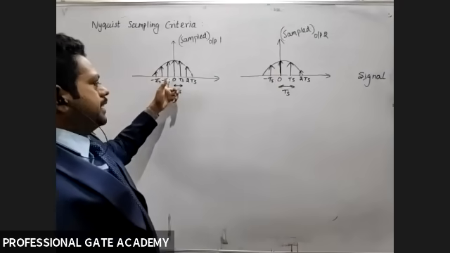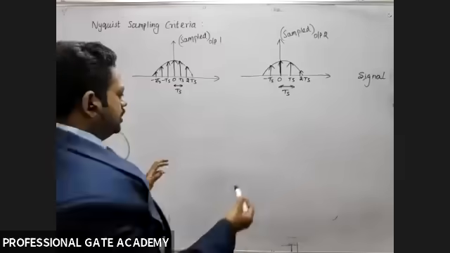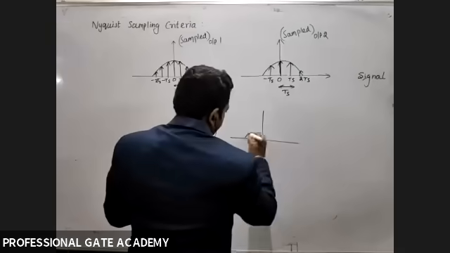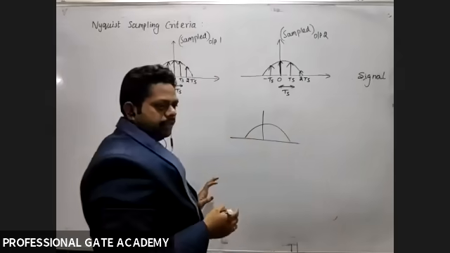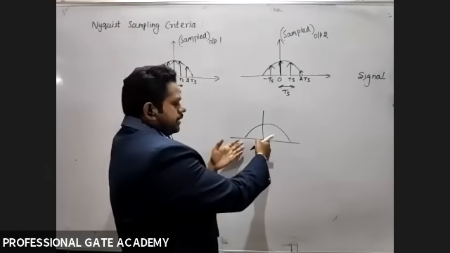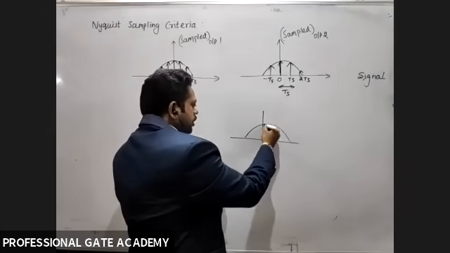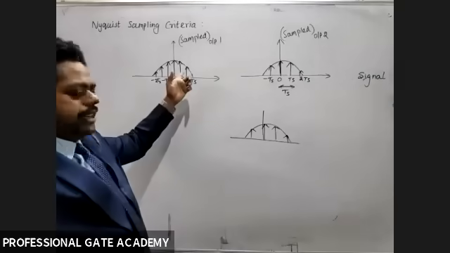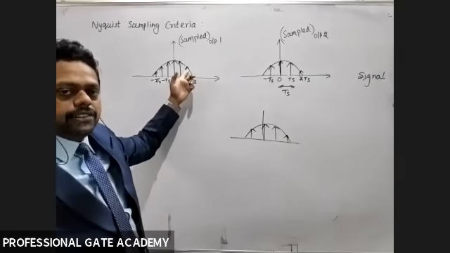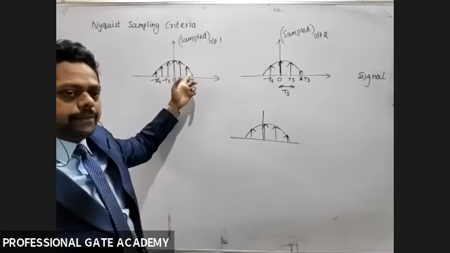So which one is the exact replica of the message signal? So assume this is the message signal. This message signal is represented by discrete time. To get the exact message signal, will you take more number of samples or less number of samples? More number of samples. So if you take more number of samples, we will get an exact replica. So we can reconstruct it properly.